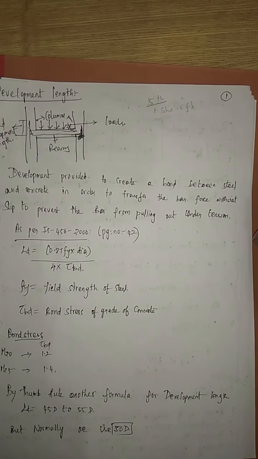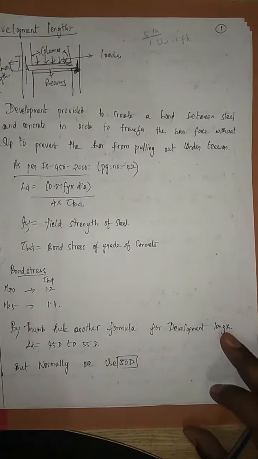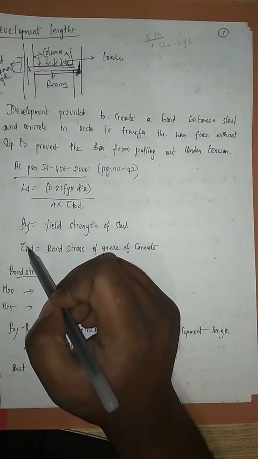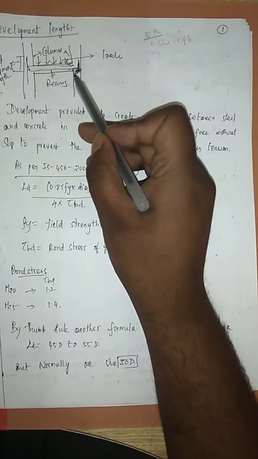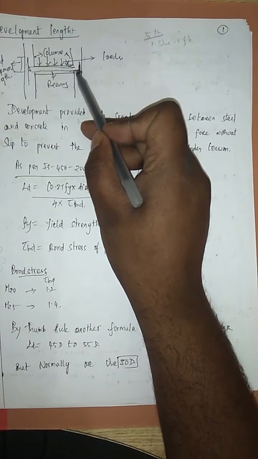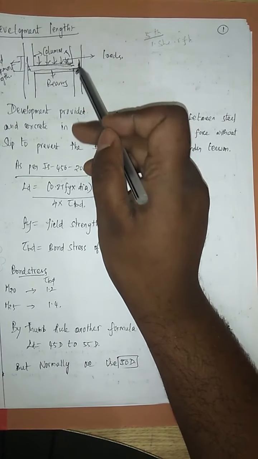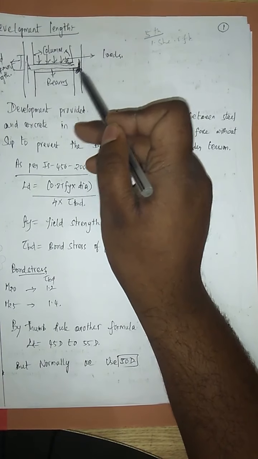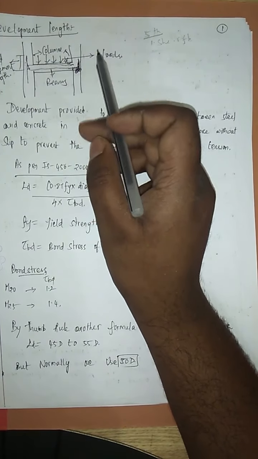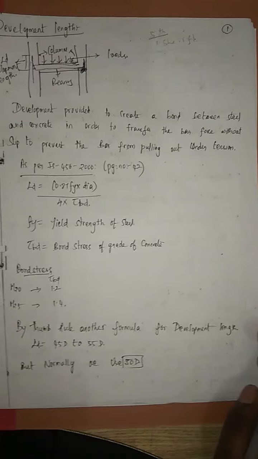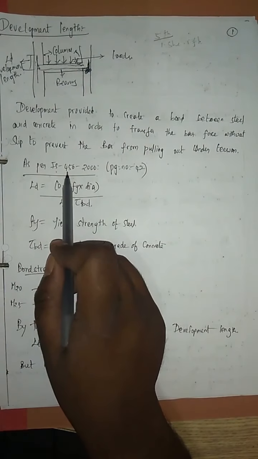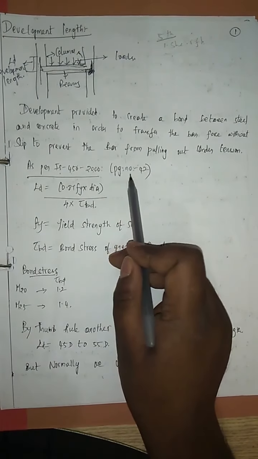Okay. So next topic is how to find this development length. How much length should be provided for this fold? You may ask, how much length should be provided, sir? What is the folding length? What is the development length? There is a formula in your code book as per IS 456-2000, page number 42.